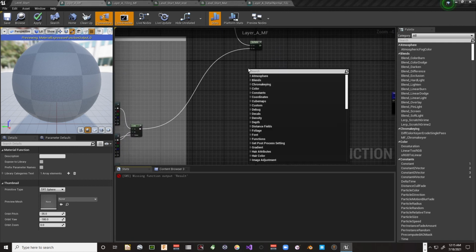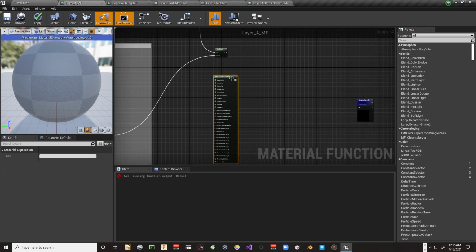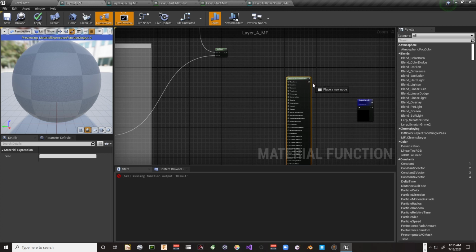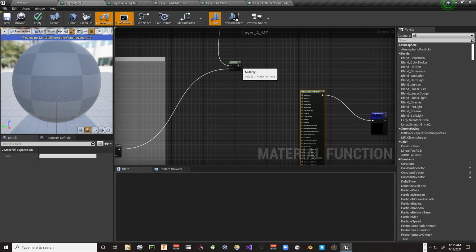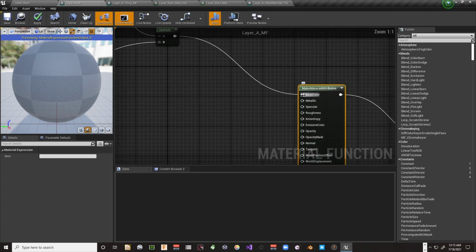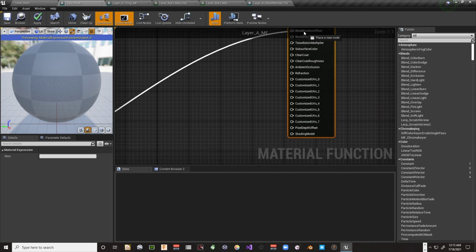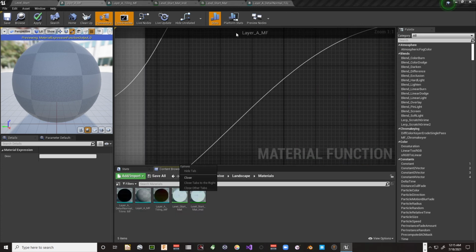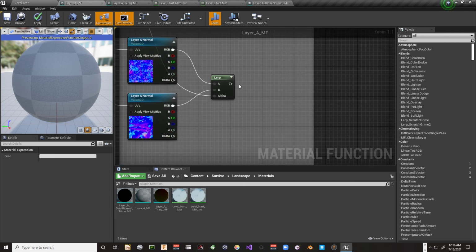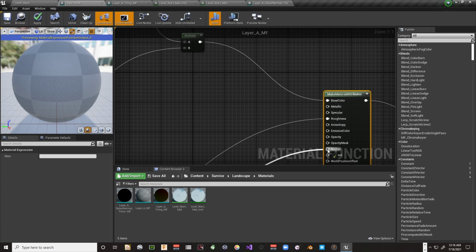What we need is a make material attributes. Okay. And we can put this over here, plug this into here. We can take this output here from this thing and plug it into, this would be the base color. We can take this one over to here and plug it into the roughness. There it is. And go down and get our normals, and plug it into the normal,